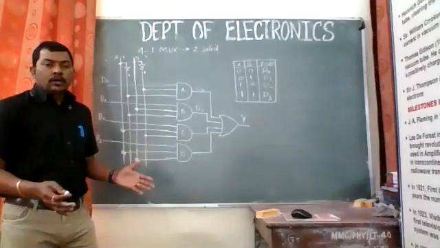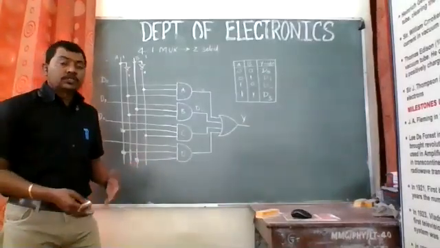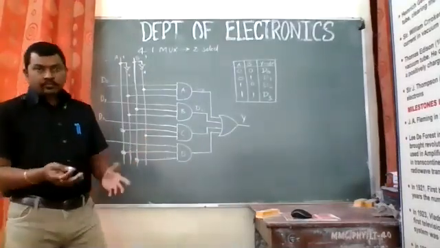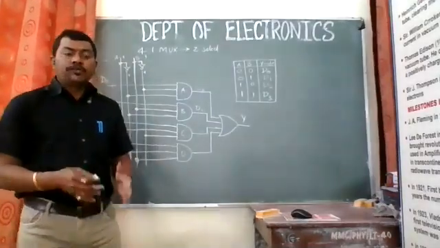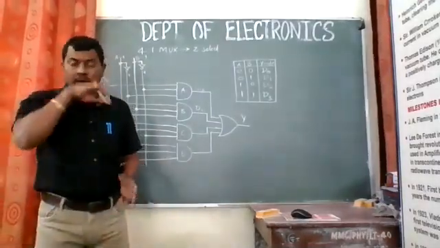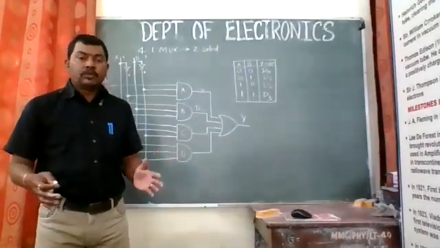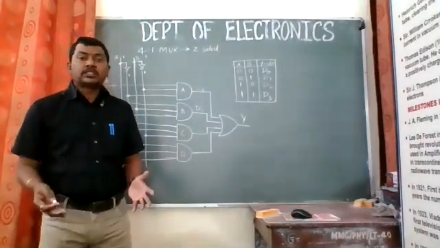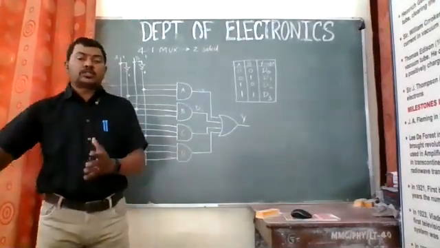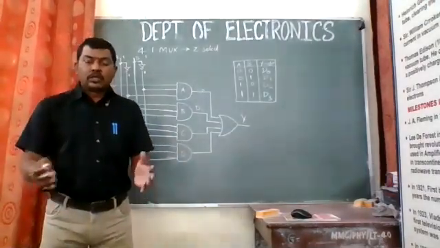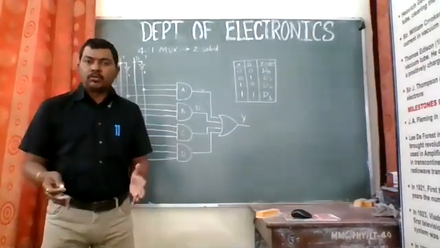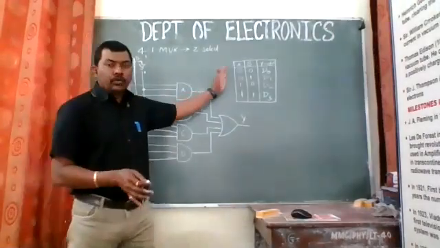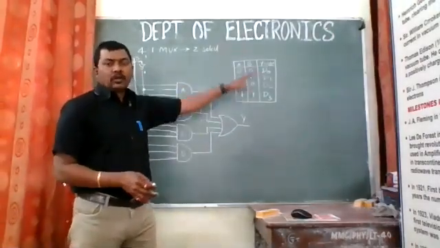So for say 4 is to 1, we are using 16. For say 4 is to 1, we are requiring two select lines. Similarly, say for 16 is to 1, we'll be requiring 4, and for 32 is to 1, we'll be requiring 5. For say 64 is to 1, we'll be requiring 6 select lines, and so on. So this is how our number comes. So the telephone number that we use at our homes, that particular number is being designed or being decoded by this type of a pattern of truth table.